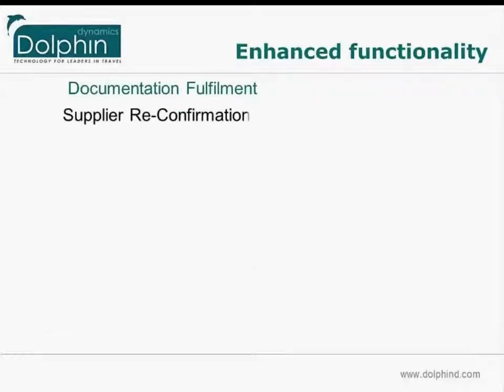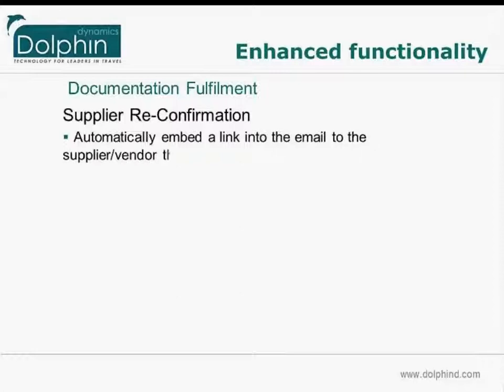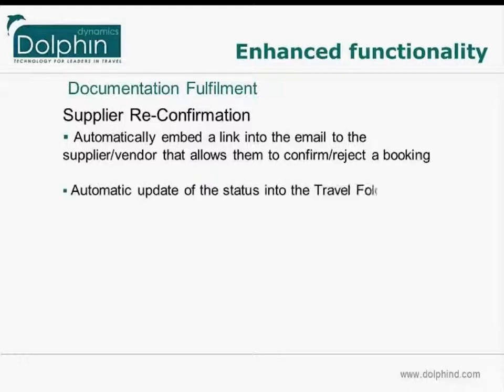Some of the other functionality that we're adding into the system, or we have added into the system, that's not perhaps as well known is we've got a system called the Supply Reconfirmation or Extranet, and what that enables you to do is to configure your vendor profile so that when you remit an email to the supplier, it will have an embedded link in there, and that link will then allow the supplier to click on there, and that will bring up the details of the booking that they've been asked for, and what they can then do is either confirm or reject it